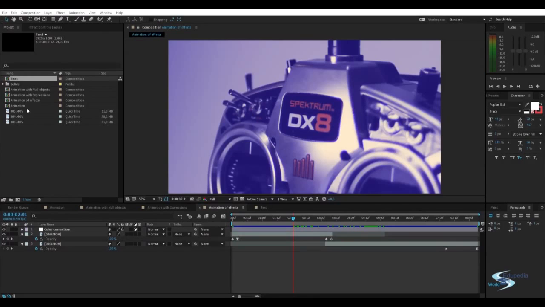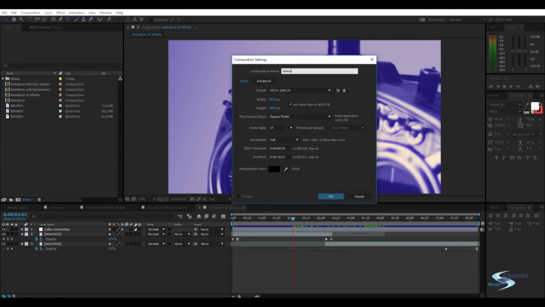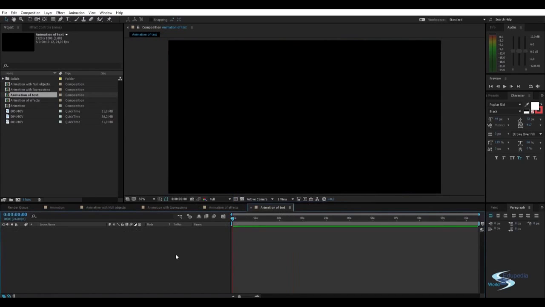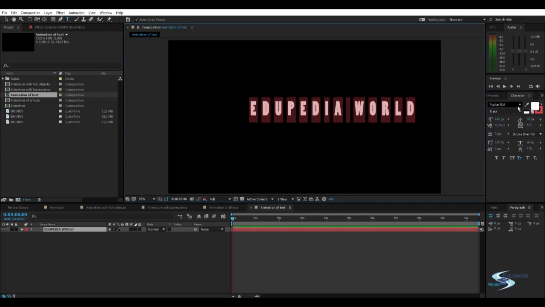So, I think it's now time that we take a look at how you can animate text. To do that, let's create a new composition and call this animation of text. Okay, and then Control T, and we can write something. I'll make this a little bit larger and just type in Edupedia World, and